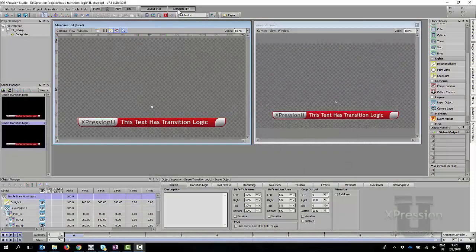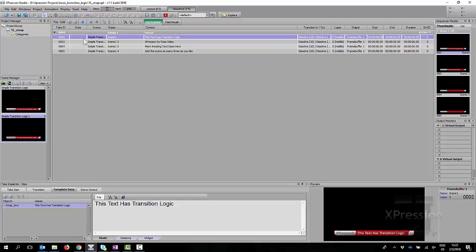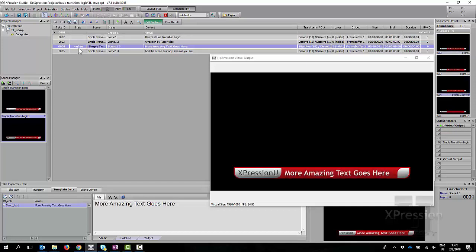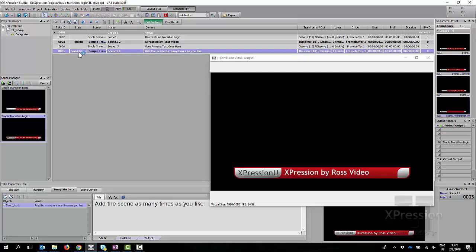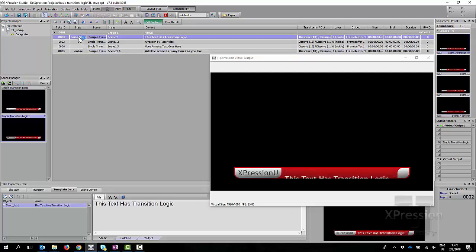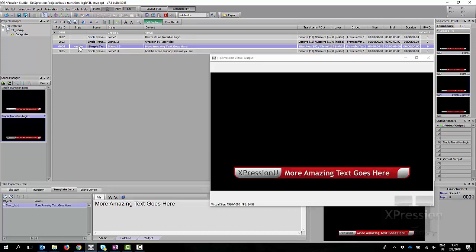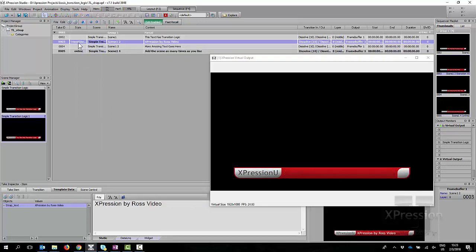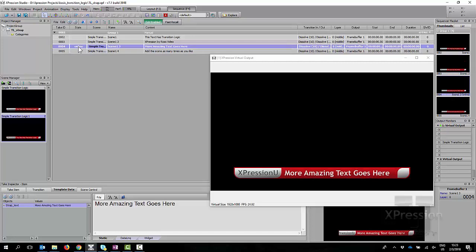First of all, I'm going to show you how it looks. If I play a scene that has transition logic on it, you can see the scene comes on air, and I can choose any of these, the same scene but with different content, in any order, and of course Expression knows how to transition between these different scenes. If I now take it offline, of course it clears. I can bring on this one, take this one in any order, and of course it knows how to transition.